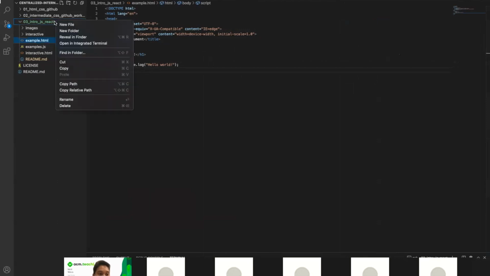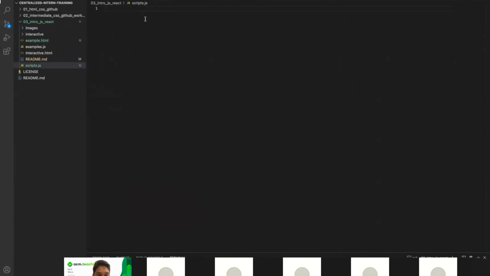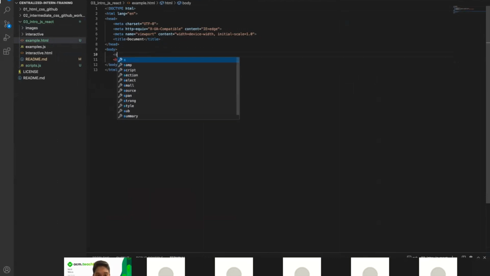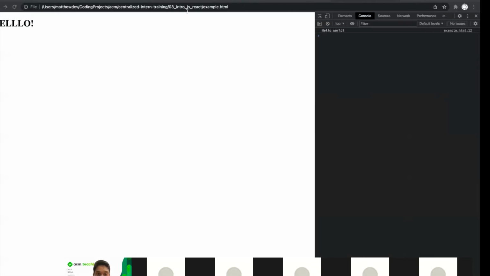In this case, why don't we call it scripts.js? We can add our script inside here, like so, console.log hello world. If we want to add our script into our tag, we can add script src equals, and using this, we can grab our scripts.js from within our file directory and load it to run. And if we refresh the page,